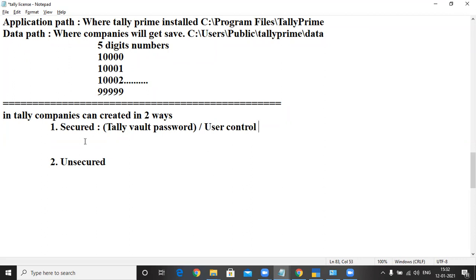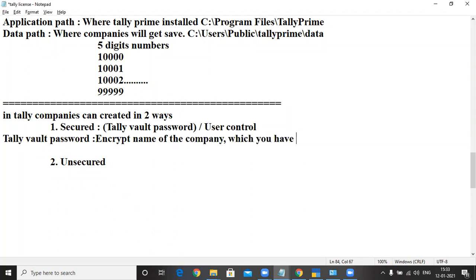Okay. Then what does Tally Vault do? When you issue a Tally Vault password, it encrypts the name of the company which you have created. Then the second thing is user control.